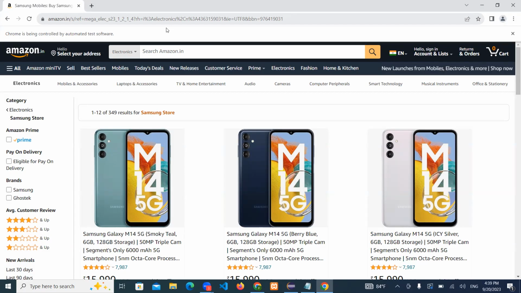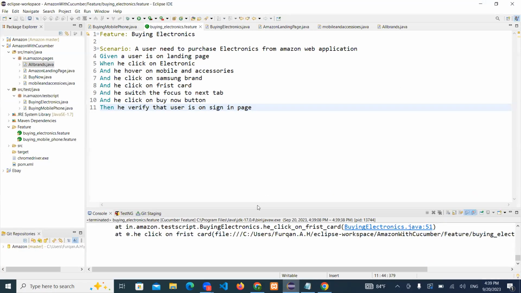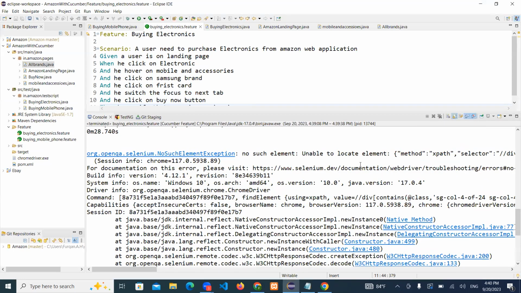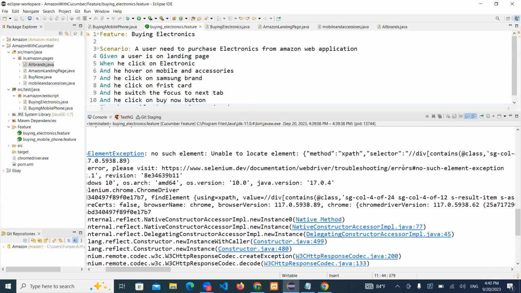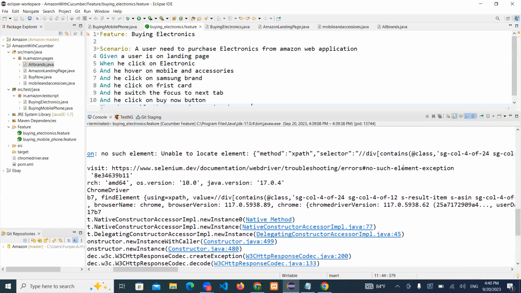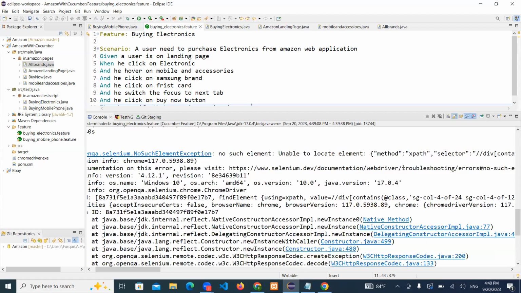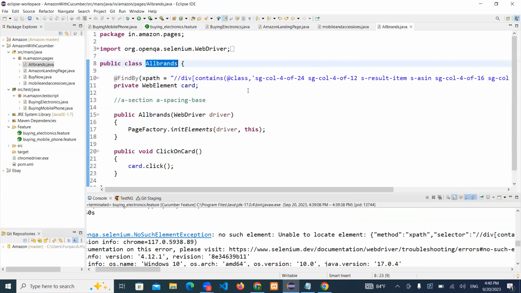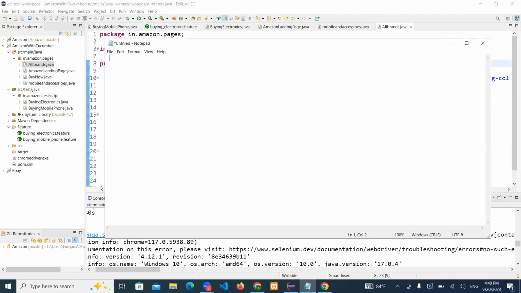For that, what I need to do, let's see first the console. What does the console say? Is there any particular error at the console? Let's cross it. Unable to locate the XPath of this. Okay, it can't locate that XPath. For that, what I need to do, let's go to all brand back and let's create the formula of an XPath. Okay, for that I will use